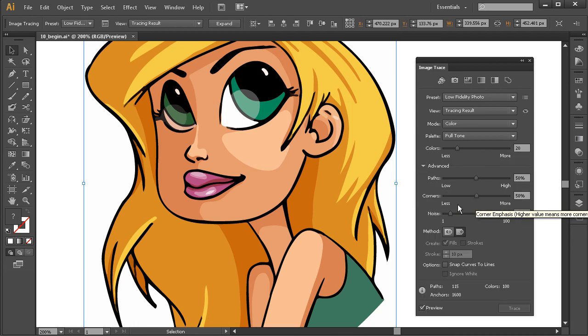Now we're not going to have time to check out all of these different options in this lesson, but one thing I do want to do is jump down here to the tracing method. You can see here that we have an abutting method, or an overlapping method. Overlapping means that it's going to create shapes that overlap. Abutting, just like the icon here suggests, simply means that Illustrator is going to create holes in objects instead of